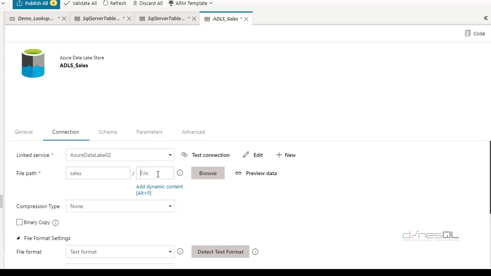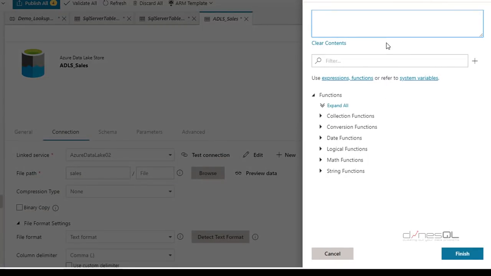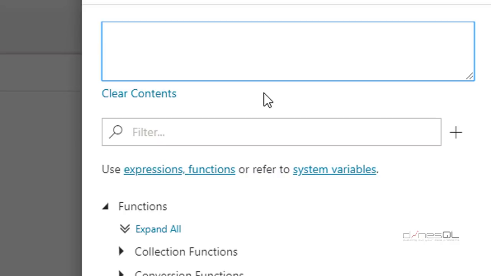Sales, file name. So since we are creating multiple files for each and every category we are getting through the lookup, it is always better to make the file name also dynamic. So let me click on add dynamic content. So I'll be writing the file name like something like this. Let's say sales underscore, and I want to combine this with category. Okay, so this is how I'm going to create the file,